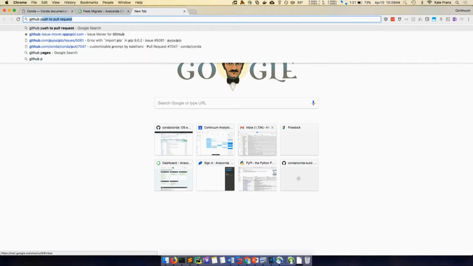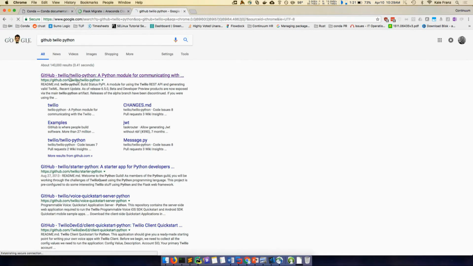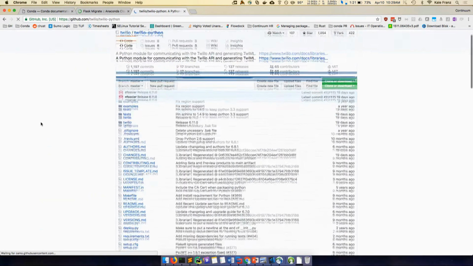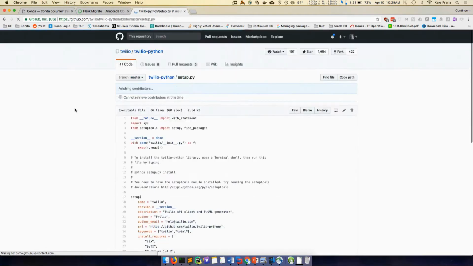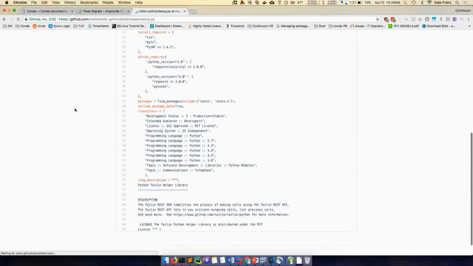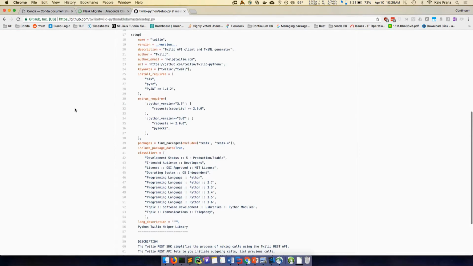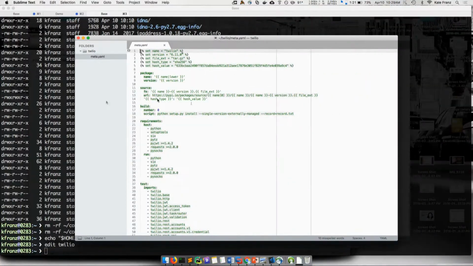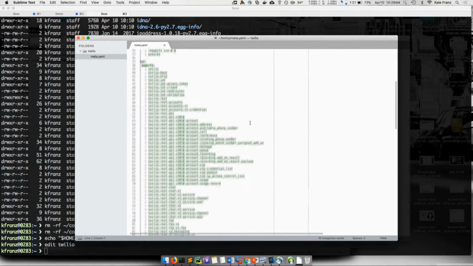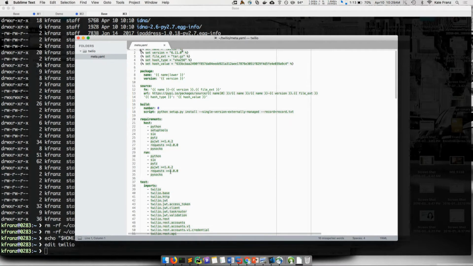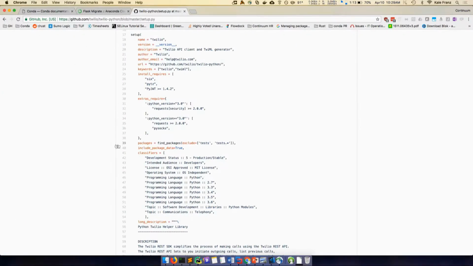But let's see, Twilio, Python. Looking at their GitHub site. What I'm checking for, and what I usually check for, is make sure the dependencies look right. Conda skeleton gets you close. Make sure the dependencies look right, because setup.py can do all sorts of weird stuff, like this.